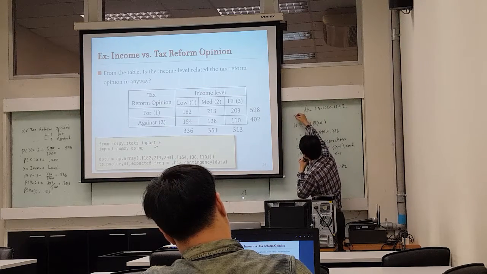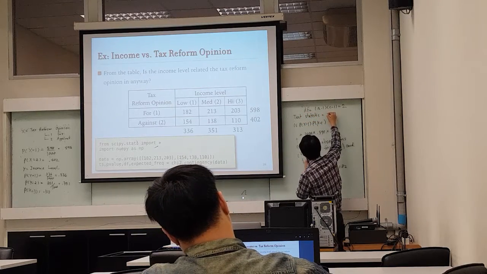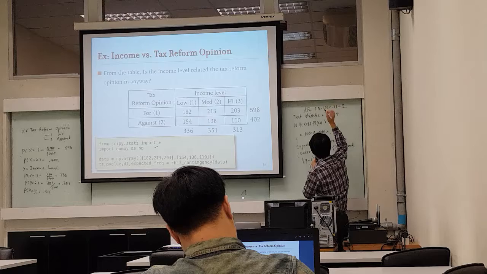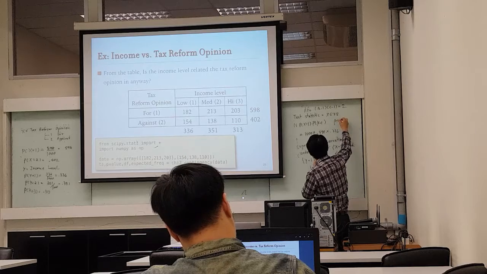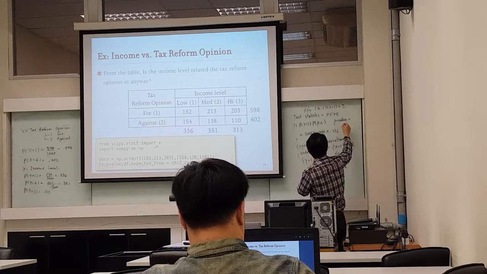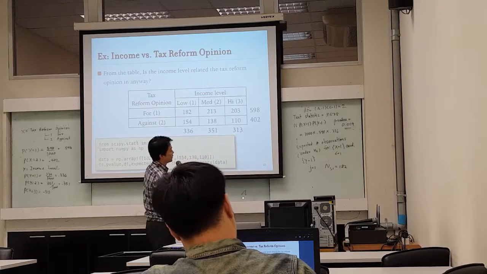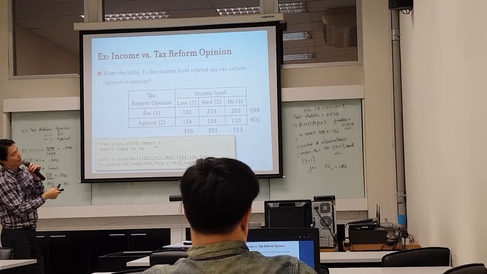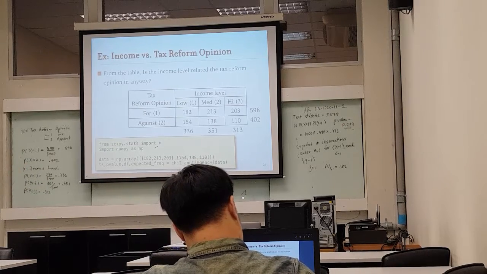In this example, plug in the numbers. The test statistic is 7.8, and the p-value is 0.019. For test statistic 7.8 and a chi-square distribution with degree of freedom 2, the p-value is 0.019. So it means